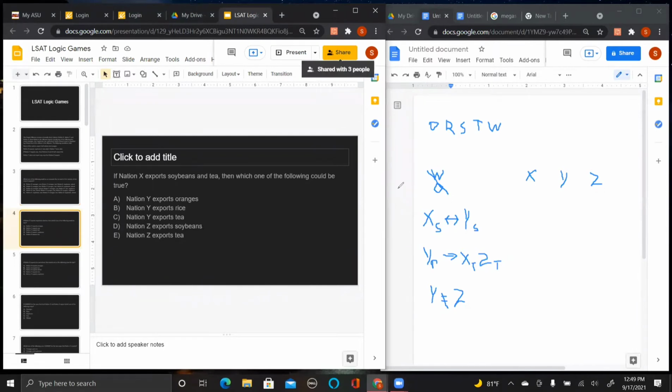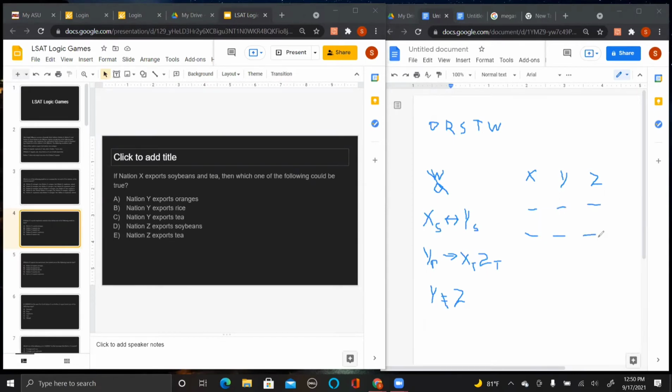So what do we have here? If nation X exports soybeans and tea, then which of the following could be true? Oh yes, each of these only has 2, by the way. I need to include that. You've got to be very careful about numbers, right? There's only 6 spots here, 2 for each of them, and we've got to fit 5 variables. So if nation X exports soybeans and tea,